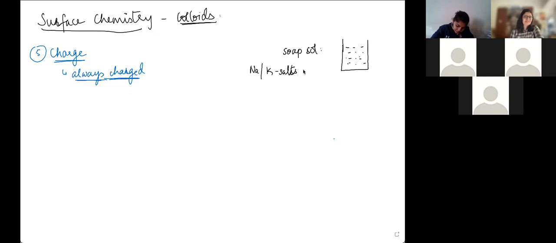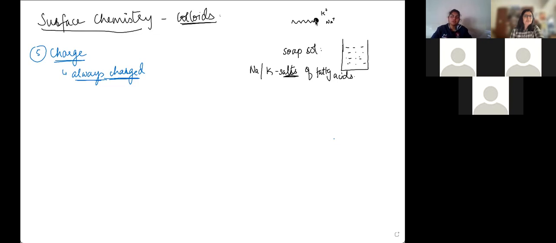Fatty acids, correct. So carboxylic acids are essentially there, or sulfonic acids. So you have the hydrophobic part, and then at the point where either potassium or sodium ion is bonded, where the ionic bond forms the salt,